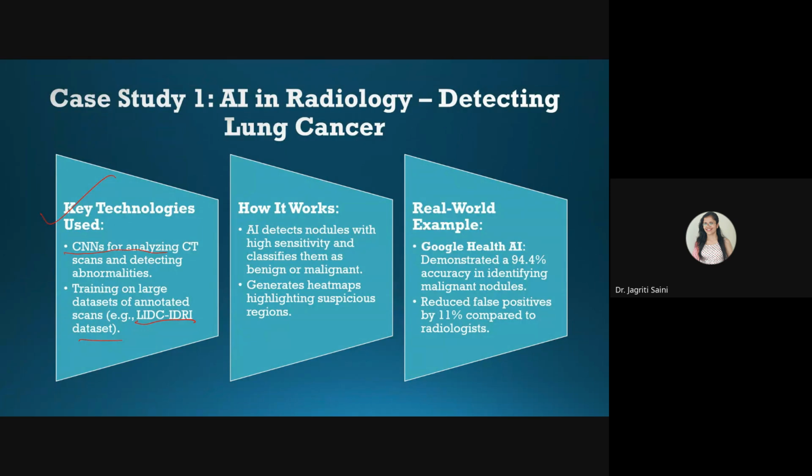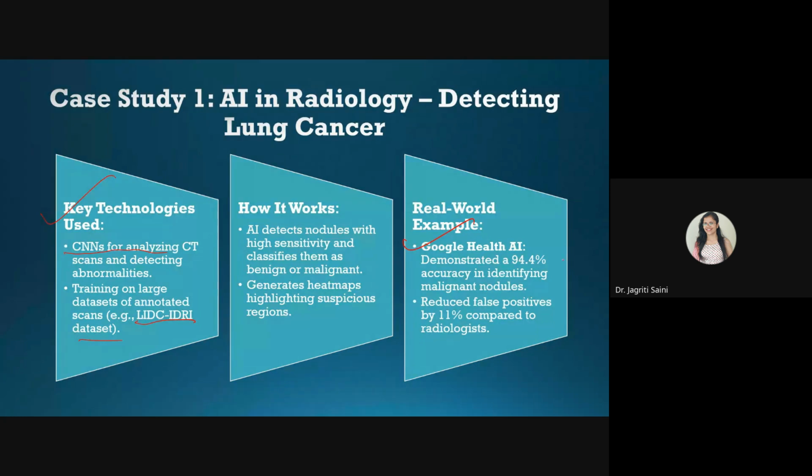In order to work with this, the CNN or similar kind of models will first detect any kind of nodules present in your images, so that based on the sensitivity level, they can be classified as benign or malignant, and accordingly we can recommend relevant techniques for the treatment. As a real world example, this is a case study already demonstrated by Google Health AI, and they have achieved 94.4% accuracy in identifying malignant cases, and this is definitely a very useful case study.